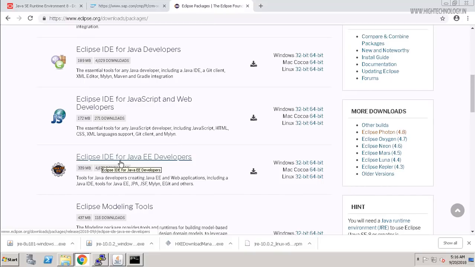And here you are able to see Eclipse IDE for Java EE Developers. So just download it. Click on the 64-bit for Windows,